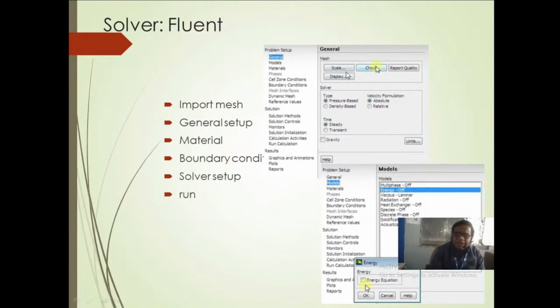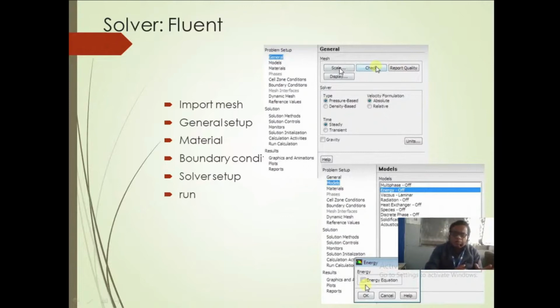Next, we need to scale it. One needs to understand why scaling is required. Once we create our drawing in any kind of software and import that mesh inside the solver, that is Fluent, then Fluent's default setting for dimension is meters.